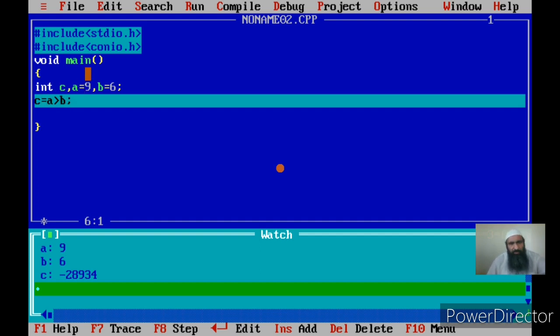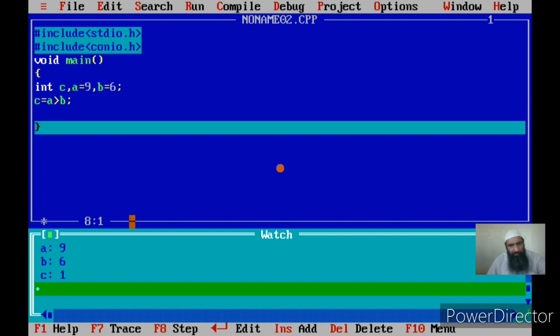From the values I initialized, a is 9 and b is 6, so the result should be true. Now see what is stored in C. I am getting the result as 1. As I told you, true is represented by 1 or any number other than 0.